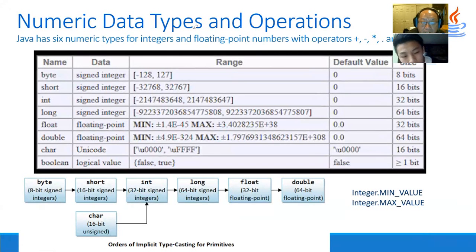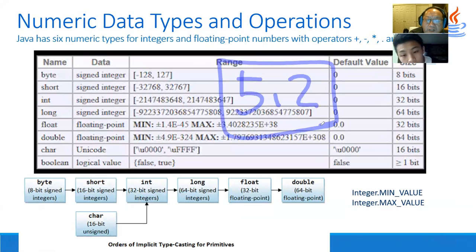If I write a 5.0, without telling anybody what type it is, it will be double. Yeah, if I just write 5.2 without telling anybody else, it actually is double type. If I say 3, it will be integer type. But if I say byte